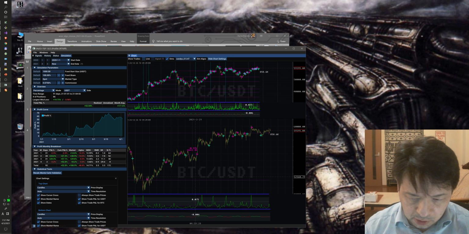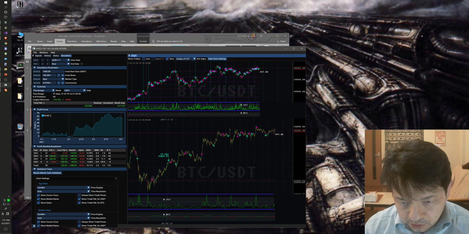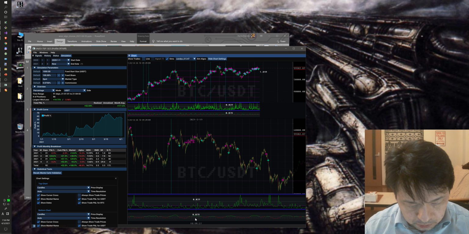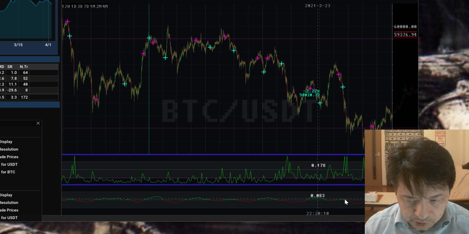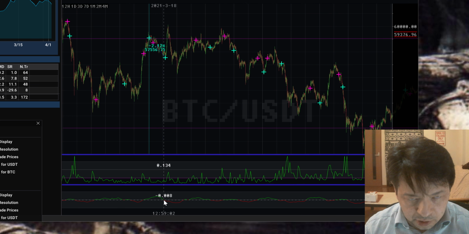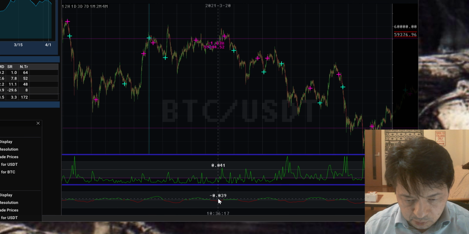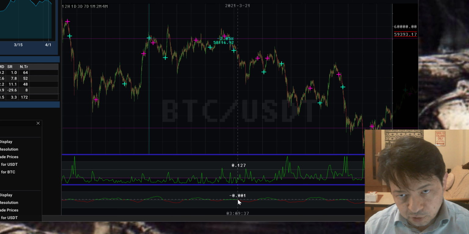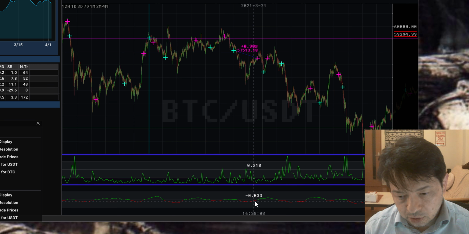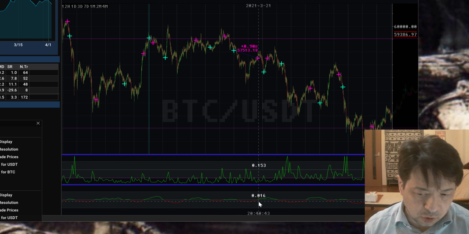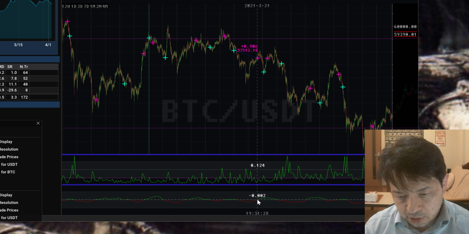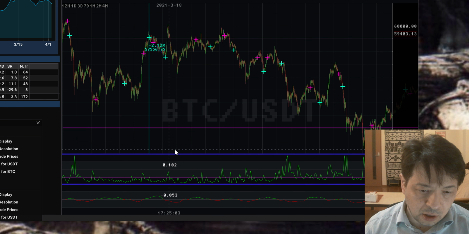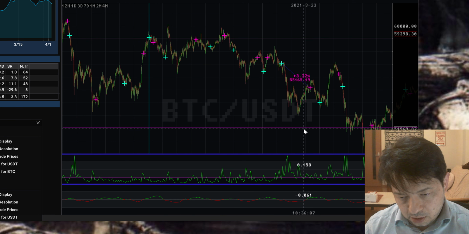I'm hiding some of the information because I don't want to reveal the secret sauce, but below here, this is our trend indicator. When it's green and above 0, it signals the chance of a positive trend, and when it's red, it signals a chance of a negative trend. Ideally, the idea is to buy when it's green and sell when it's going back to red. Of course, there's always the issue of managing the risk.